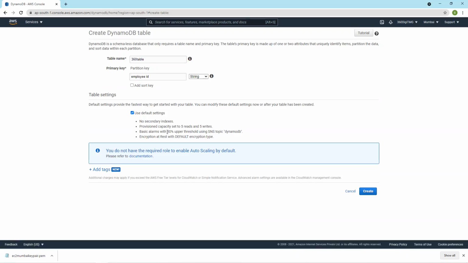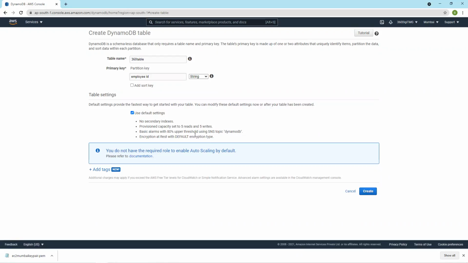So the throughput is set to 5 reads and 5 writes at a time. Maximum provision capacity is set to 5 reads, reading from the DynamoDB, and 5 writes. And basic alarms with 80% upper threshold, then SNS topic DynamoDB.